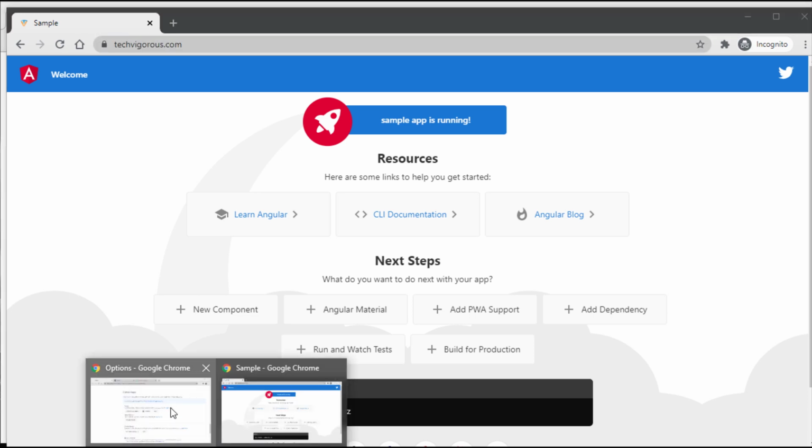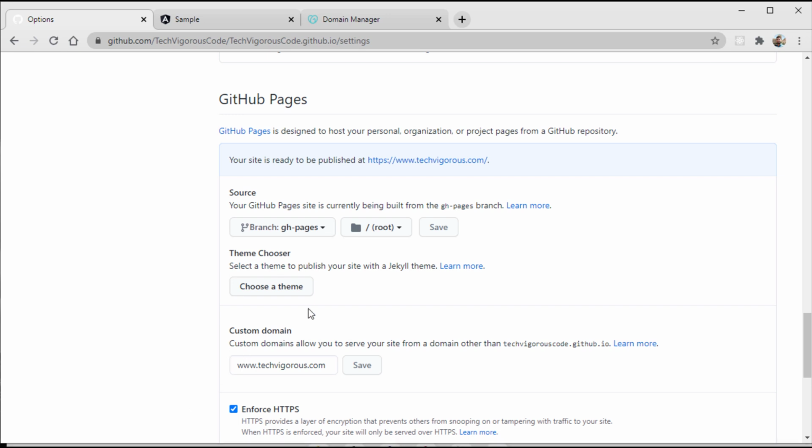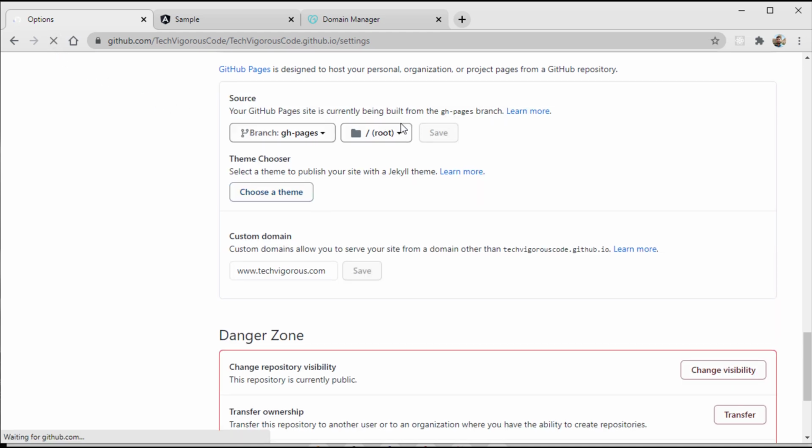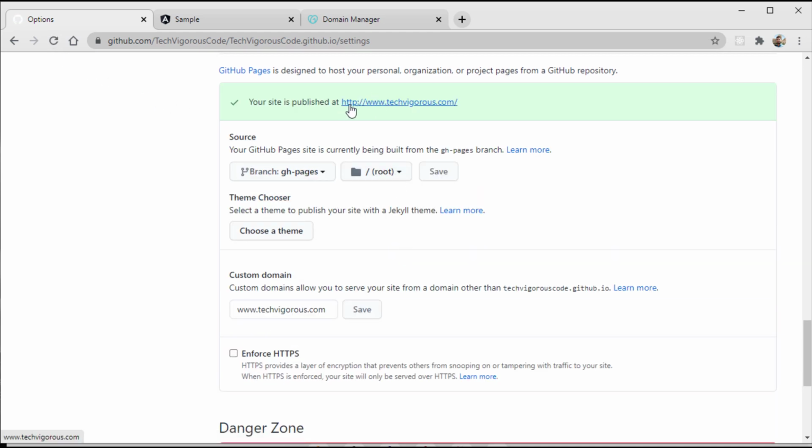Some of you, if you are configuring for the first time, will not see this HTTPS option. You have to wait for some time, then click on this checkbox, Enforce HTTPS, if it's not ticked. If I untick it and refresh, my domain changes to HTTP. You can see that now it's HTTP. If you want to access it through HTTPS, you have to click on this checkbox so that GitHub Pages will configure HTTPS.